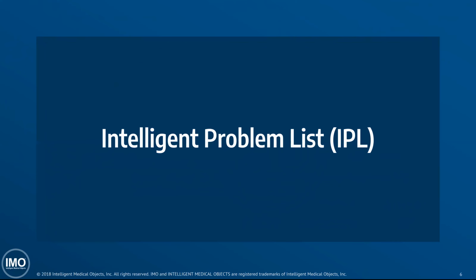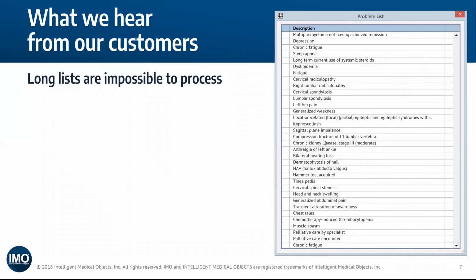The sources for these problems are really many. It's the ease with which we add data to the problem list in an automated fashion. It's the time crunch that people are in, because problem lists are difficult to consume. They've become so long that it becomes easier for clinicians to just add another problem than to really scan a list of 100 problems and see if the issue is already there.